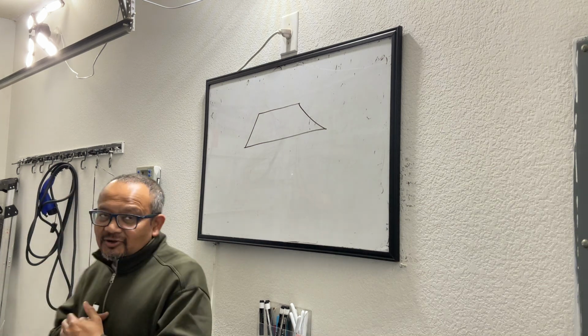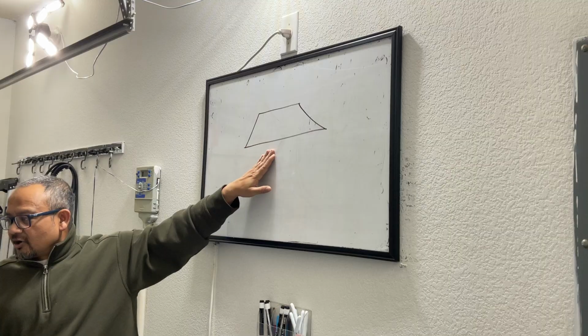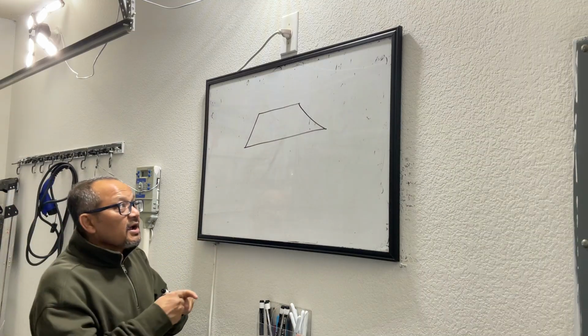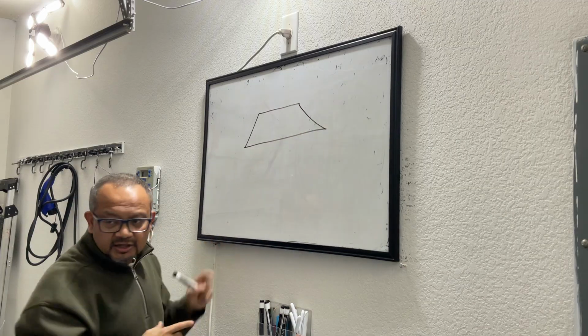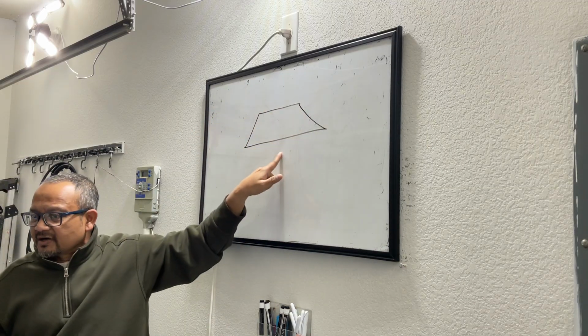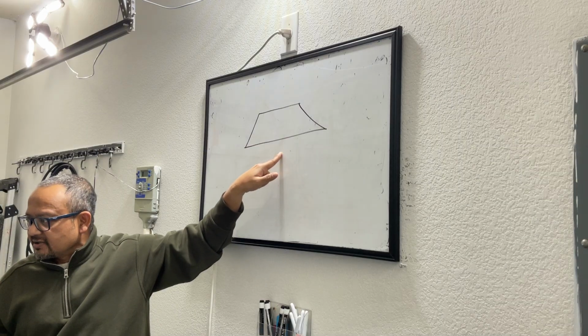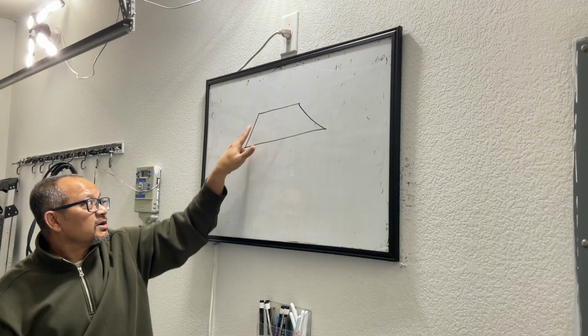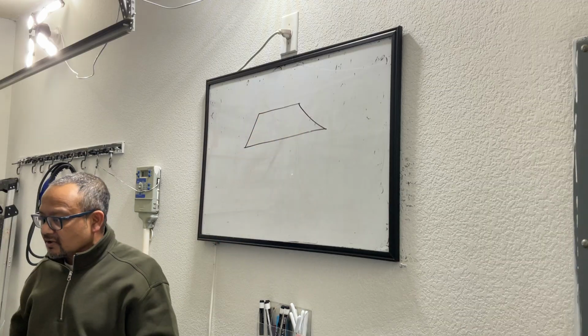Okay, coming back to the class. So it's a trapezoid or trapezium, whatever you call it. Here, what is the property of this trapezoid or trapezium? It also has four sides. That's why it's part of the same quadrilateral family. There are four sides: 1, 2, 3, 4. Four angles also.